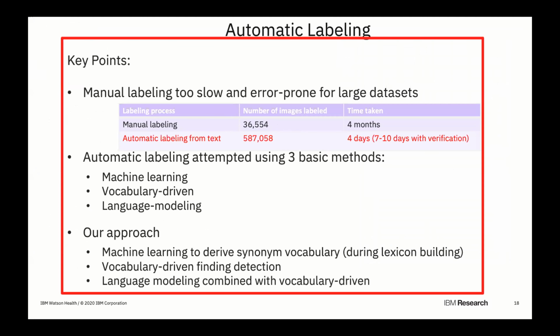If you see many benchmark data sets collected, the number of images is also limited because of this manual labeling consideration. So we went ahead and developed an automated labeling method that allowed us to label this in an accurate fashion. It used a combination of machine learning with vocabulary-driven and language modeling approaches to come up with an accurate description of the labels. With that, once the algorithm was developed, the 500,000 images could be labeled with verification within a week. And the whole labeling process itself took only a few hours.